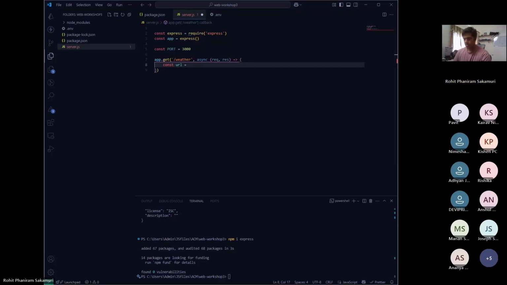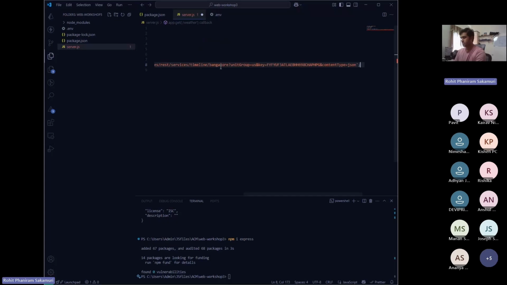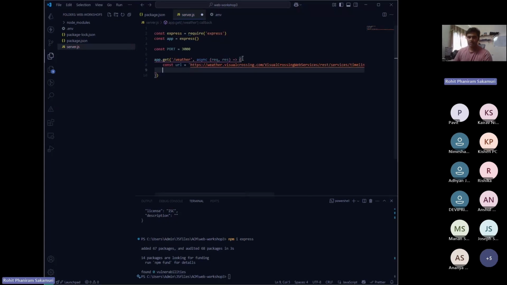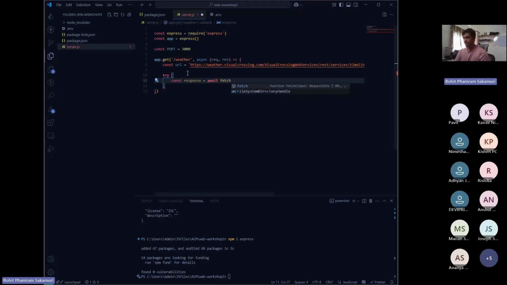One sec. Copy this. So this is the link that I'm going to use to fetch something. I'm going to use this to actually query from another source. So I'm going to try to get the response by awaiting the fetch. I'm going to fetch it from the URL, right? And if the response doesn't come through, I'm just going to return